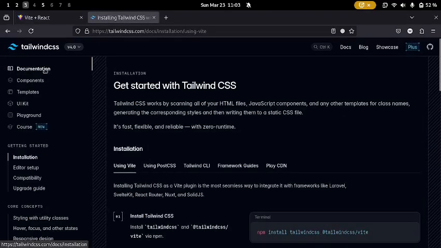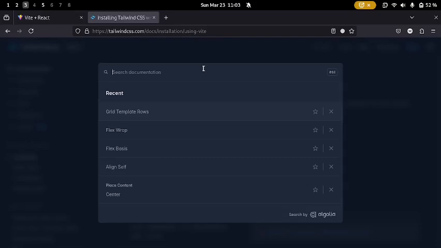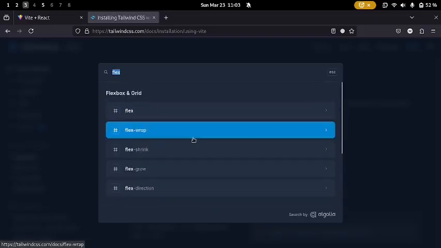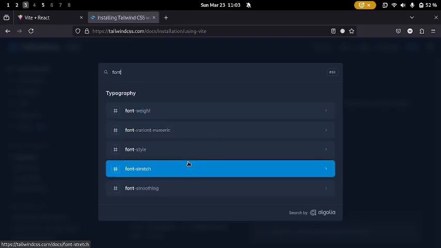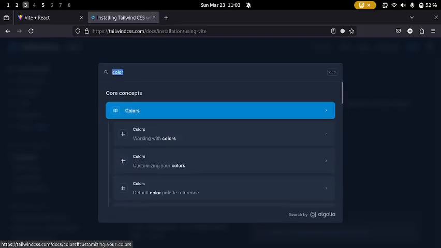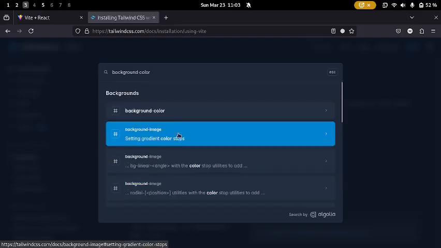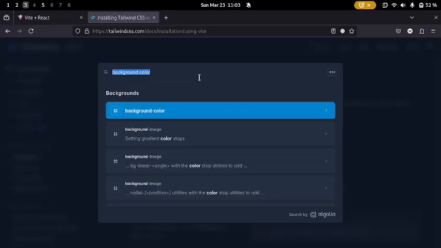Okay, so now that we know this, how to use the Tailwind documentation? My favorite way of using the Tailwind documentation is Control K or this search button. You can type whatever you want. So let's say I want to align to a center, or let's say I want to use some flex box, so flex wrap, flex shrink, etc. And then I just find whatever I want and click on it. So let's say if I want to change the font weight, font style, etc. Or let's say if I want to change the color, or like background color, background image, background size, background color. So you can search for the property that you want to put and then go in and see